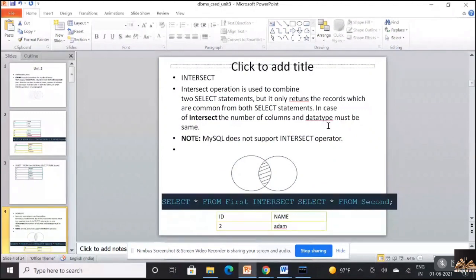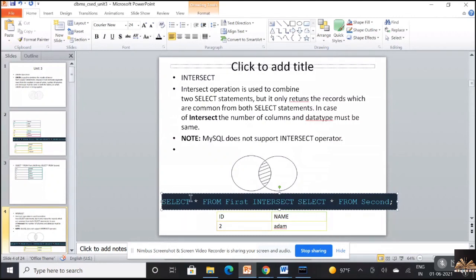Whenever you want to work with the intersect operator, this is the syntax which you need to follow, which throws an error in MySQL. So select star from first table, intersect, select star from second table. No matter how many times you write the statement, it would give you an error because intersection is not supported.